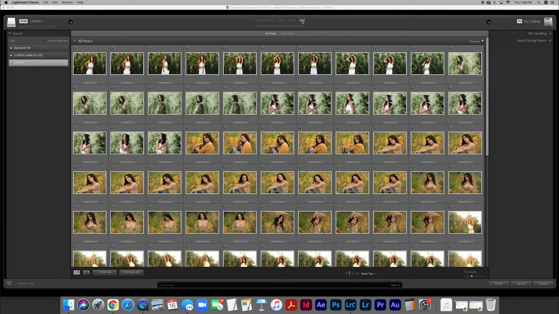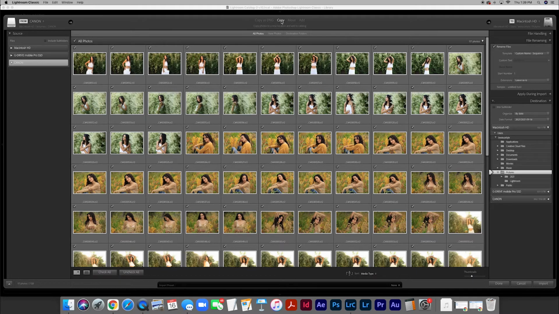When we are importing images onto our computer for the first time, we want to select copy. Basically what this is going to do is it's going to download all of the pictures off of the card, and it's going to copy them onto our hard drive. Now, if we look over here on the right-hand side, this is the destination that Lightroom is going to import